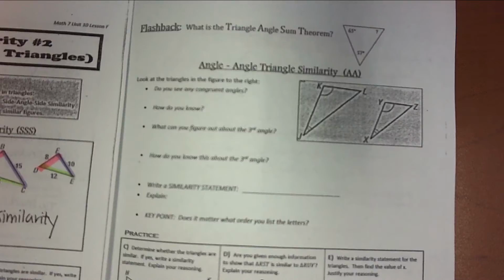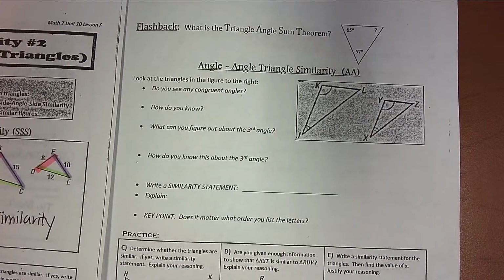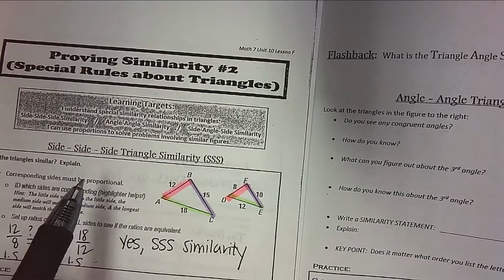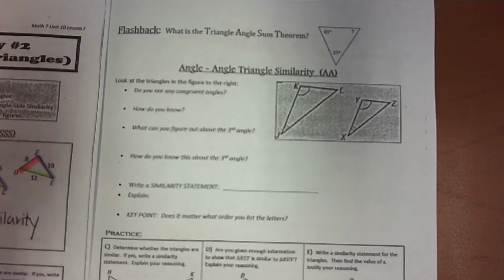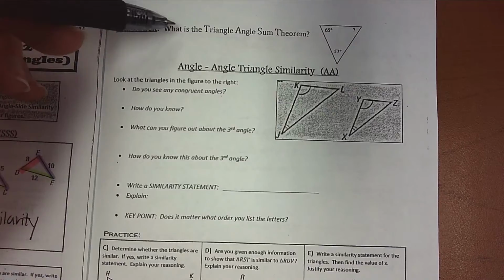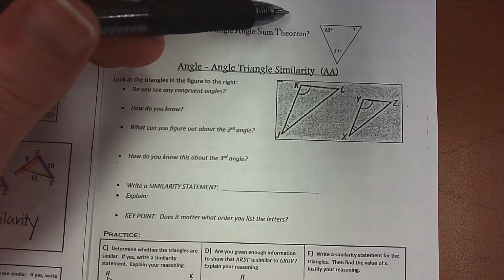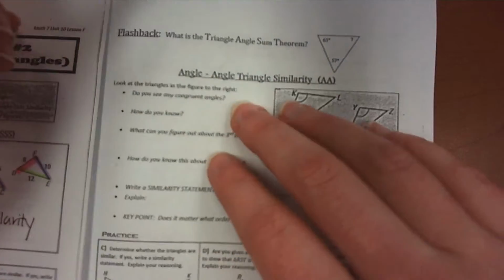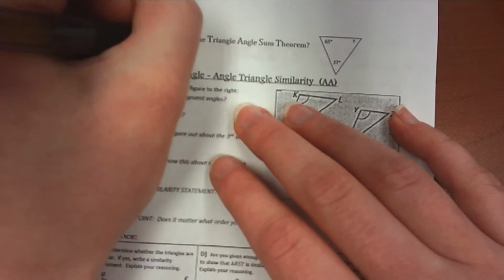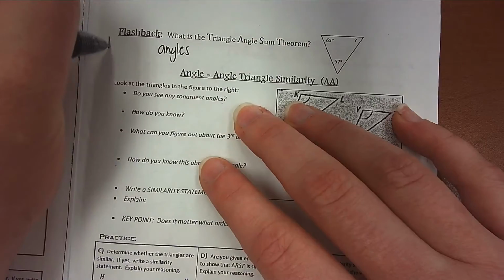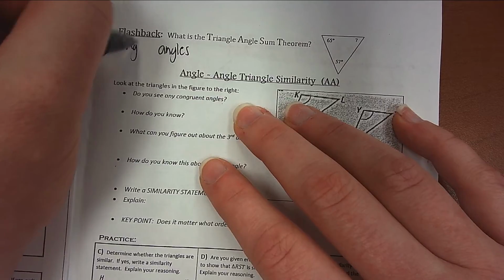All right, in this next video, we're gonna jump from side triangle similarity to angle triangle similarity. Before we do that, we're gonna do a quick flashback to talk about what the triangle angle sum theorem is. What does it say? Remember, it says that angles in a triangle, or triangle angles, add up